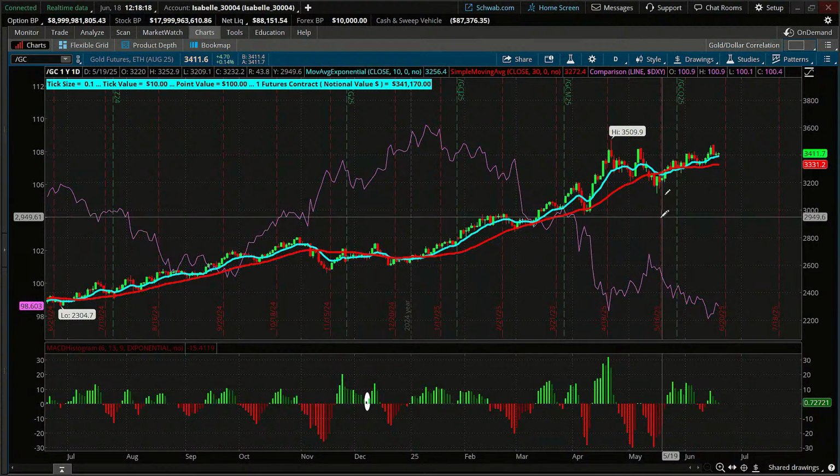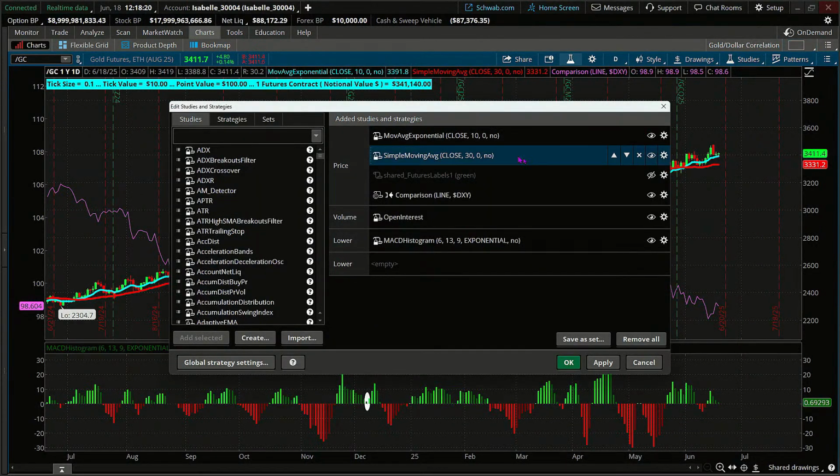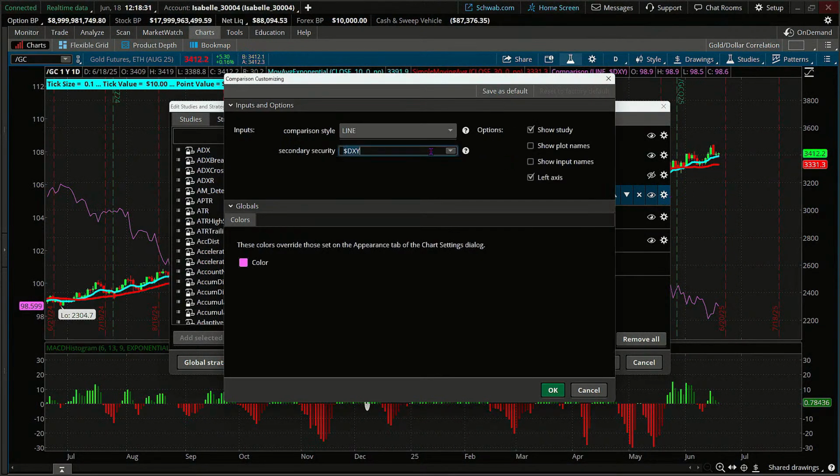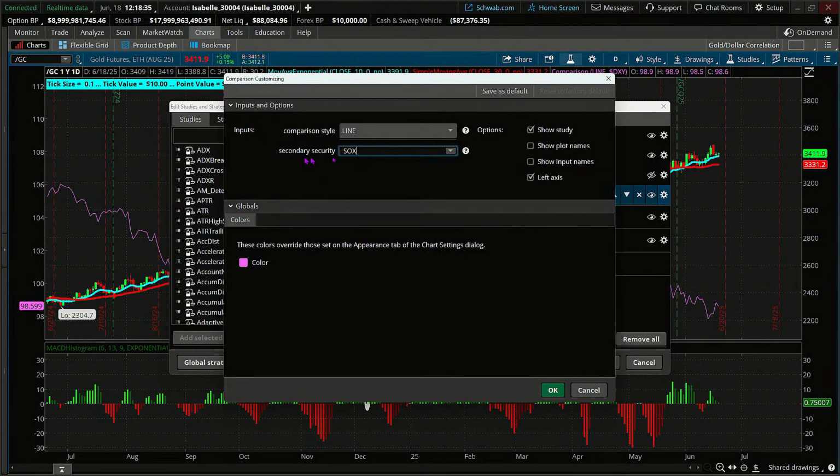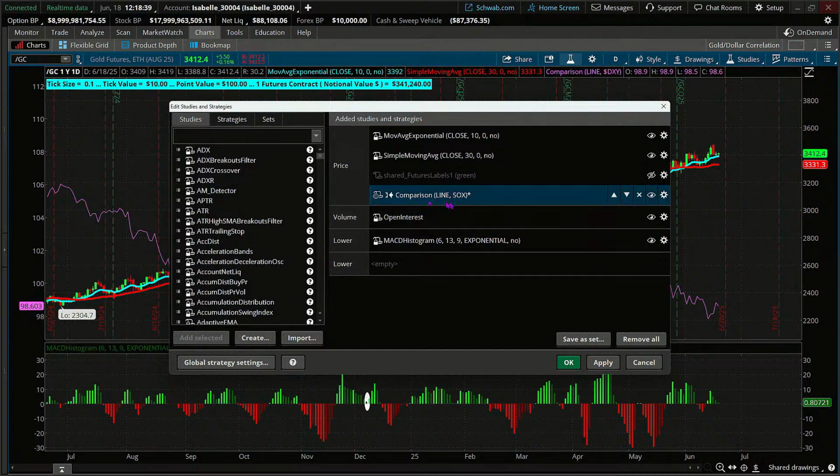If you decided, hey, you know what, I need to look at something different. Let's say, for example, you wanted to look at the relationship between, again, this is merely an example, not some recommendation here, I'm just going to change my secondary security to the semiconductor index, making sure that it appears here.